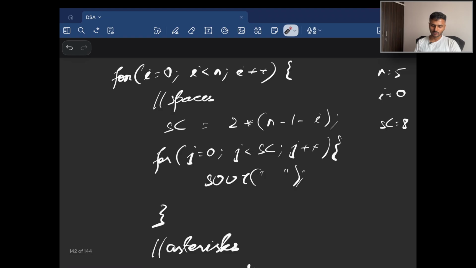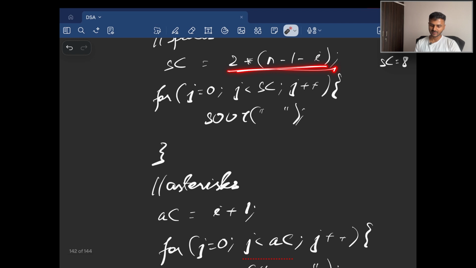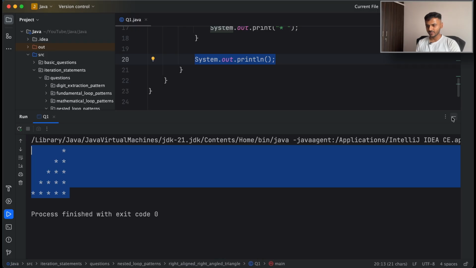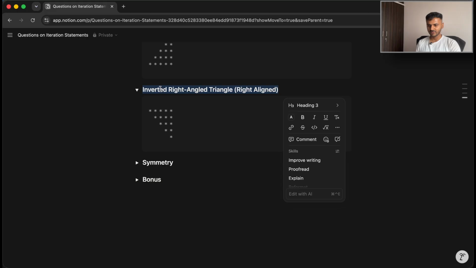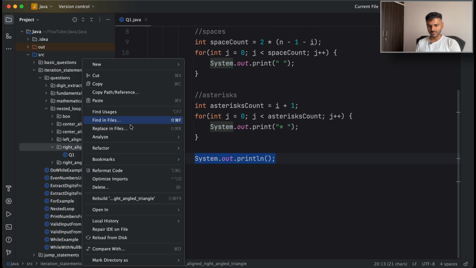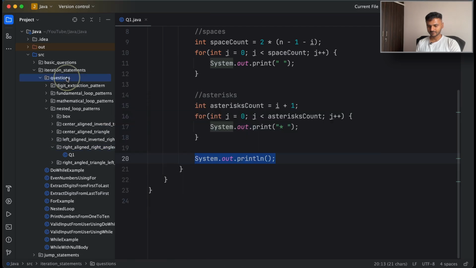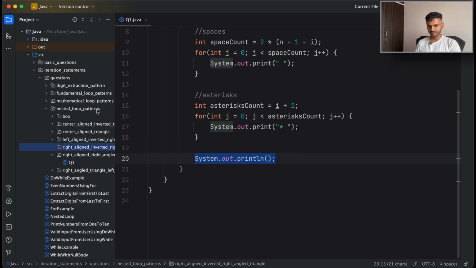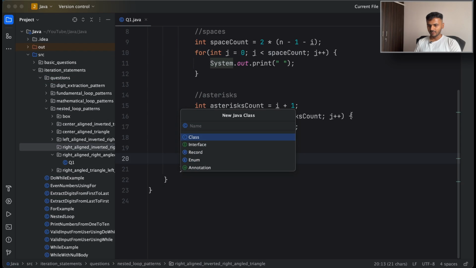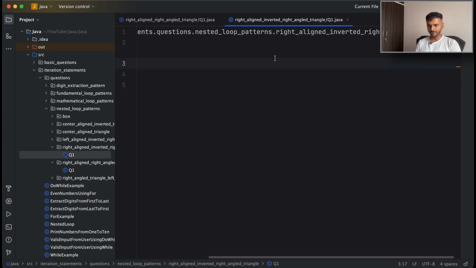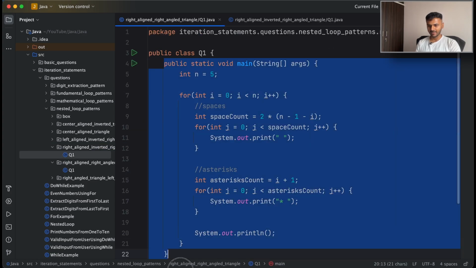So because the pseudocode of this one is similar to the one we have already discussed, all that we will have to do is replace the relation for space count and asterisk count. We will straight up go to IntelliJ and we will write the code for this. So for that, let's come to IntelliJ and let me quickly create a package with this name, that is right aligned inverted right angle triangle. So for that, let me copy this. And here we'll create a new Java class called Q1. And what I am going to do is copy the main method from here